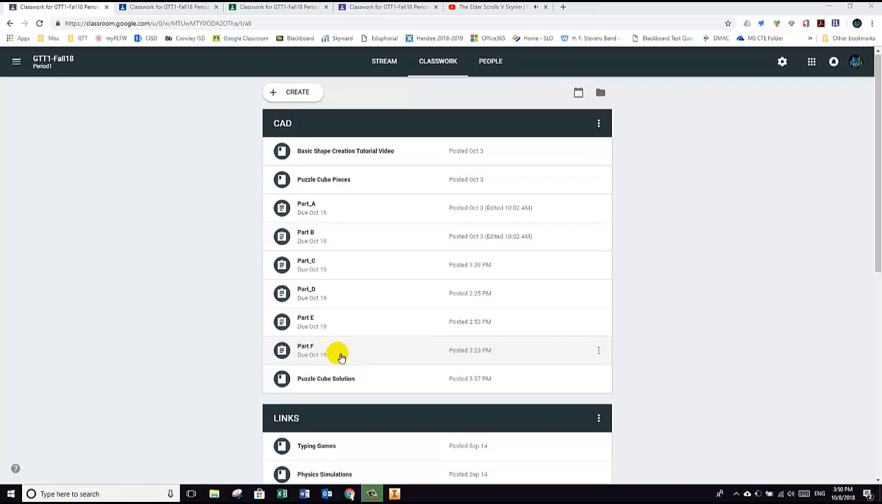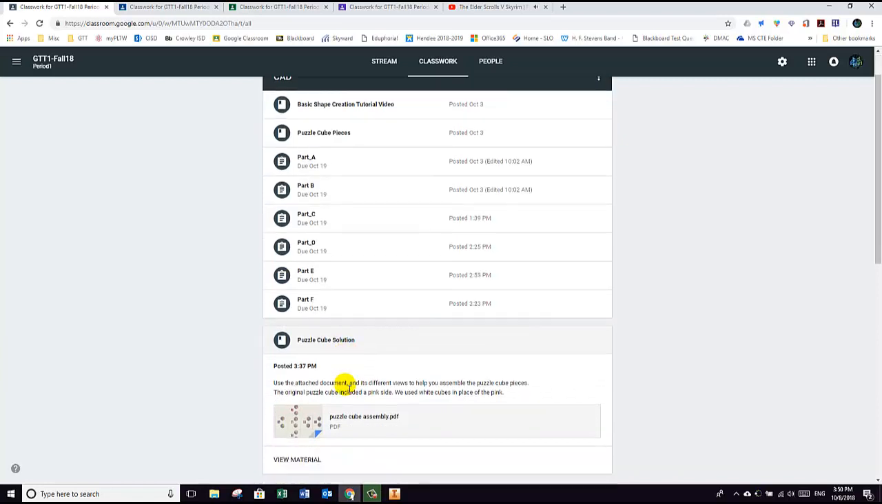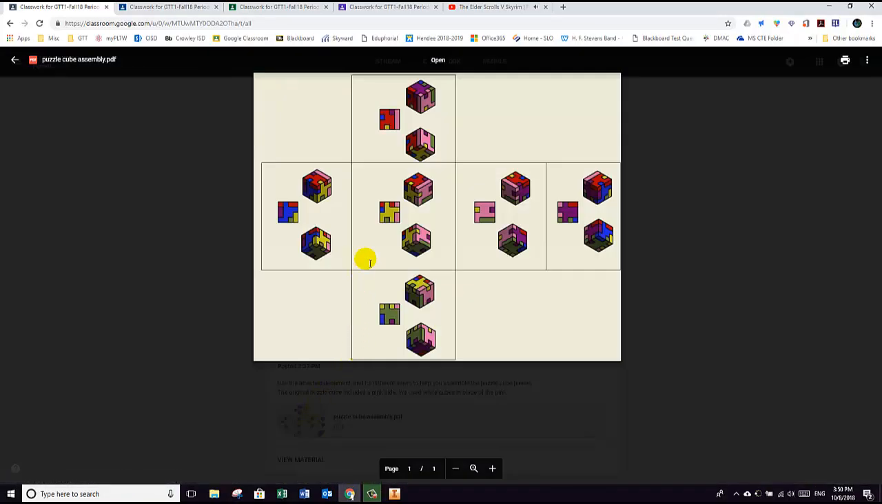assembly. Now in order to do that, you should have already created all 6 of these individual pieces. You should have saved and named them with their letters so that they would be easy to find. And then I've added a document here with the solution. Now the document itself looks a little overwhelming, but it's the same cube, simply viewed from 6 different angles, the